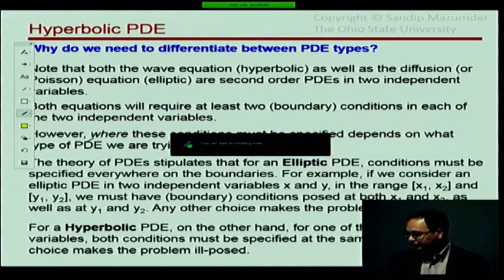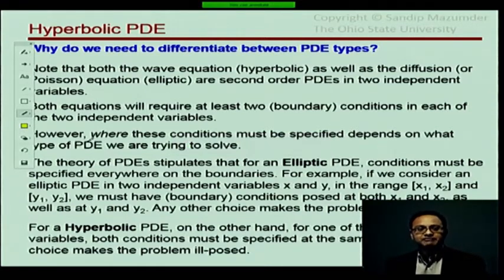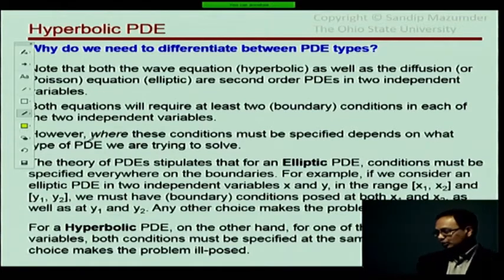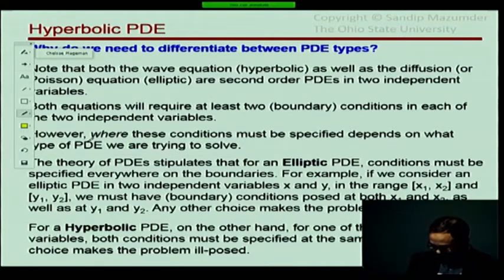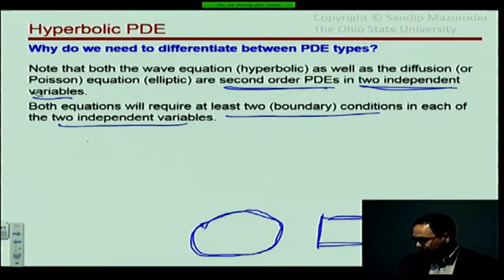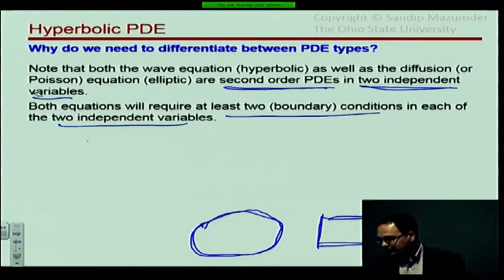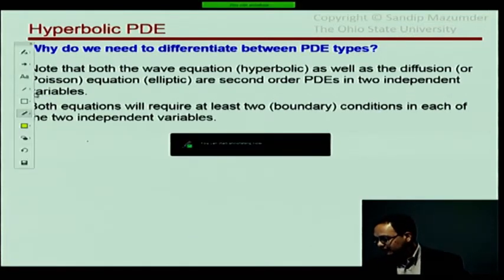For one of the independent variables, both conditions must be specified at the same boundary, not on two different boundaries. So if I draw a picture, let me clear up some space and go back to my picture. Suppose instead of x, y, I say,